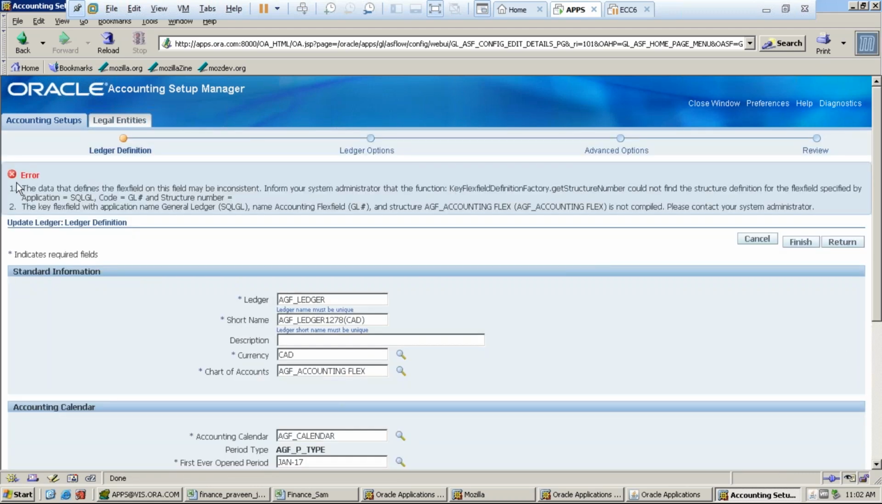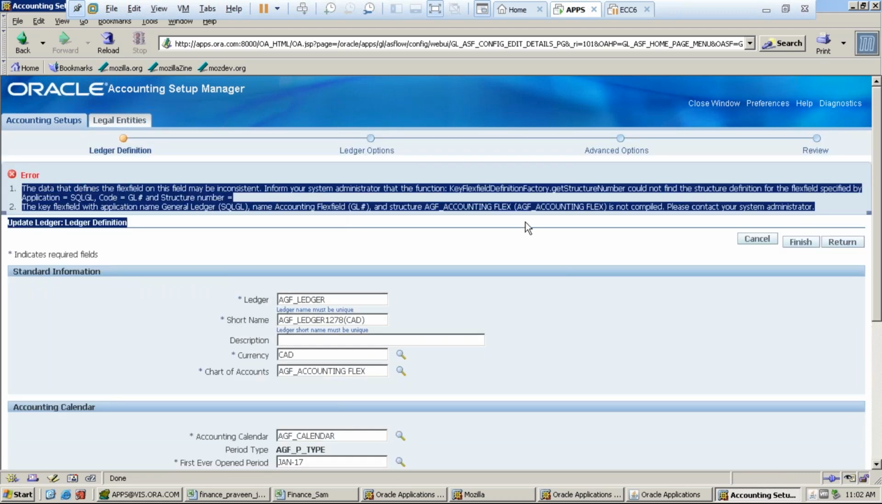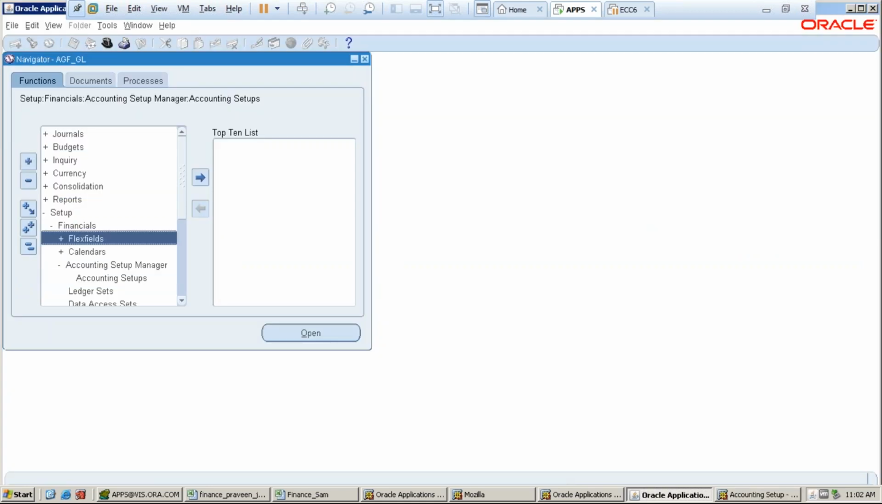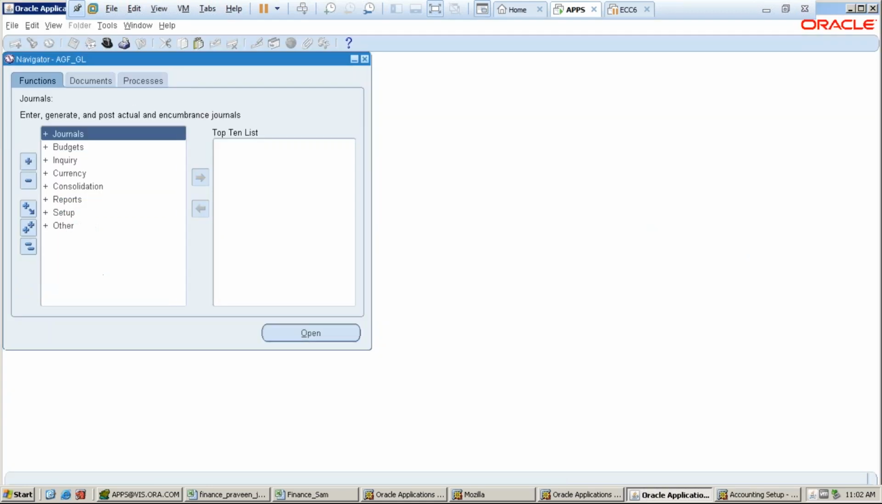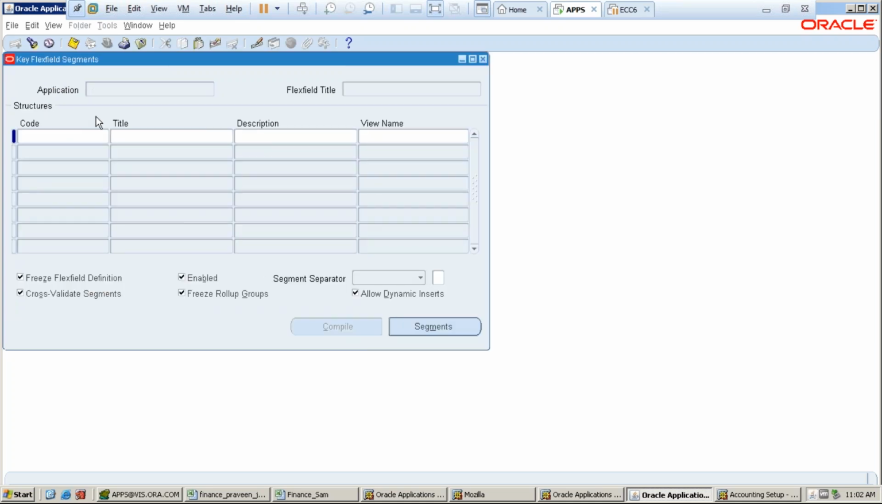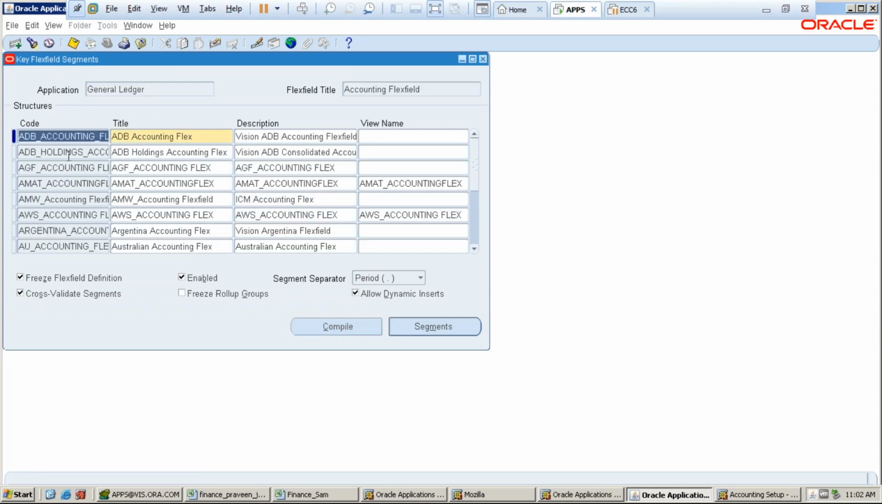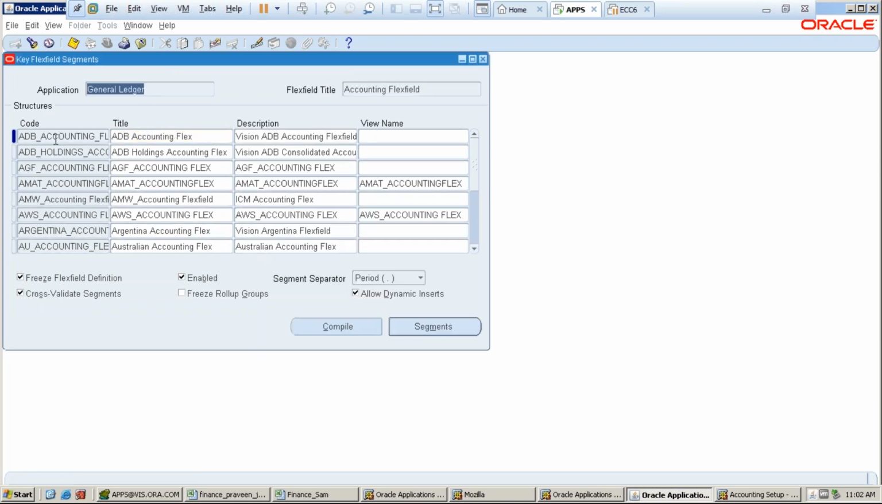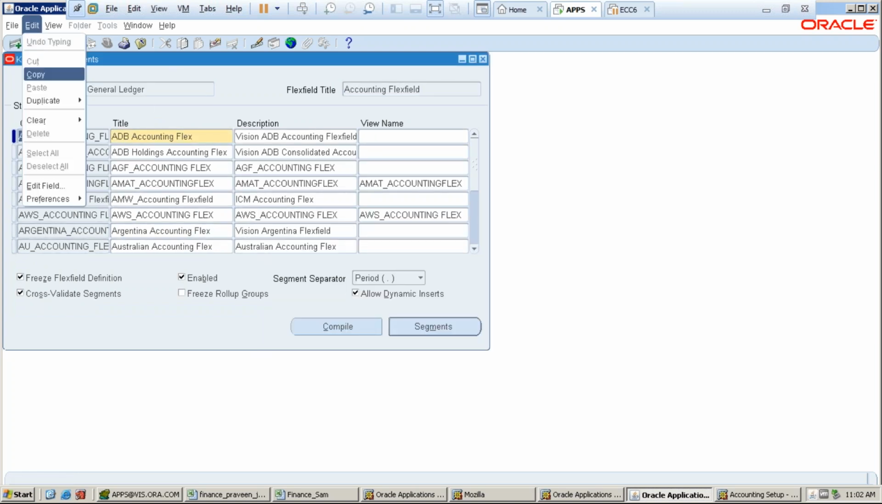And here it is showing that it's errored out. Okay. So because the structure is not compiled, what we can do is go to the structure. The structure is setup, financial, flexfields, key, then segments, and query the structure. F11, Control F11, and here click on find. So this is the header level, and this is the line level. Click on find,